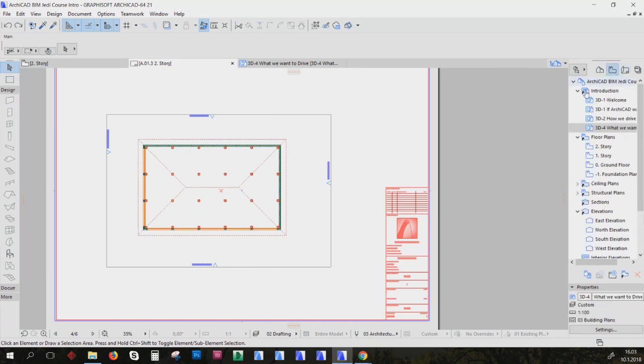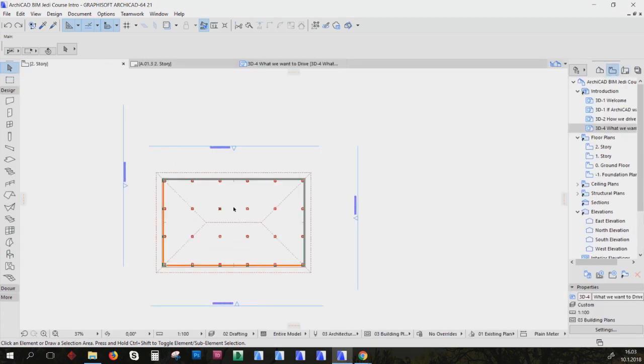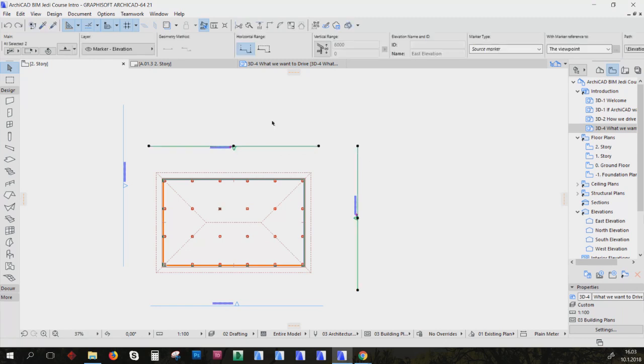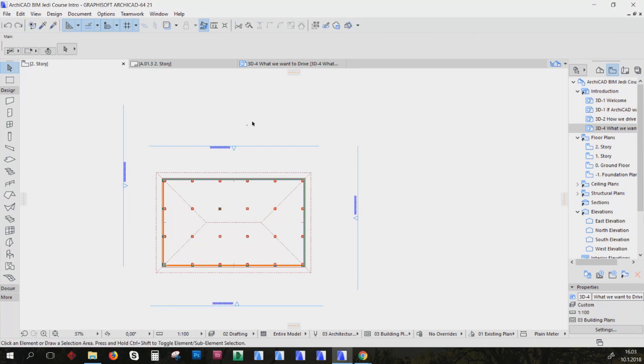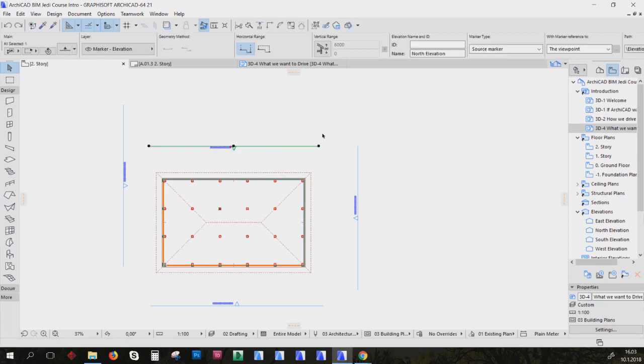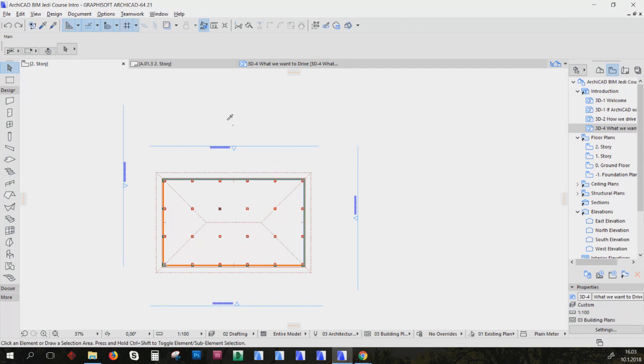Go back to our plan. Where are we? So Alt S. Sometimes when you lose your mouse and it doesn't do what you want it to do, you've accidentally clicked Alt S and turned on the grid setting. So now we can just do a marquee from any point to any point, and it will see what is in there. But once you turn it on,